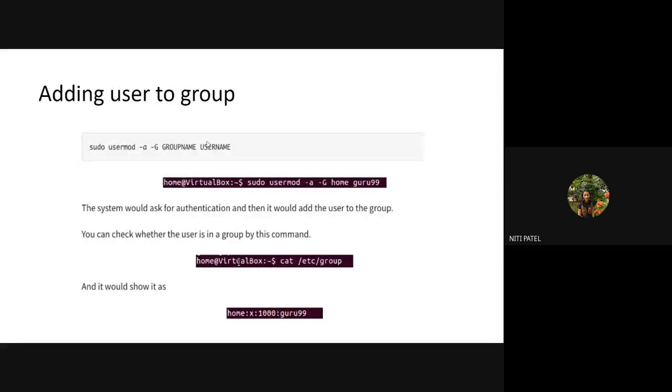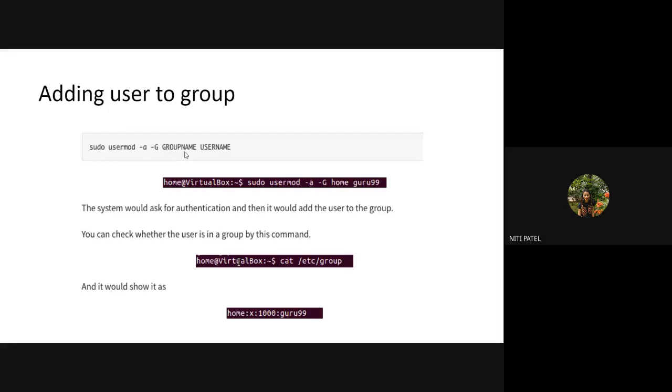After that, we had seen how to create a user, how to create groups and how to add a user to a group. To create a group, we write sudo groupadd and the name of the group. Which group have we created over here? A group called editorial. After that, we added a user to that particular group. The command for adding a user to the group was sudo usermod -a -G, the group name first, followed by the username. So whichever user you write over here will be added to that particular group.